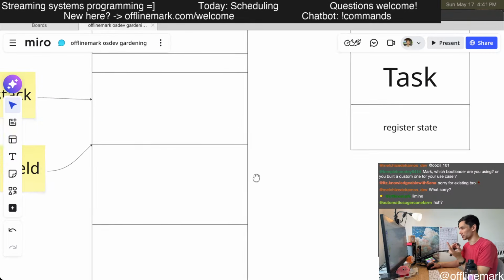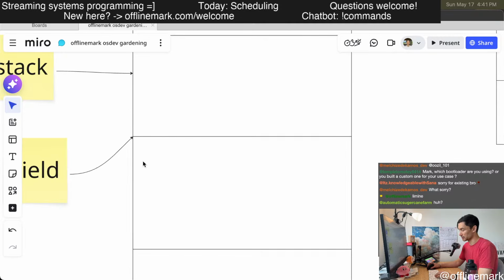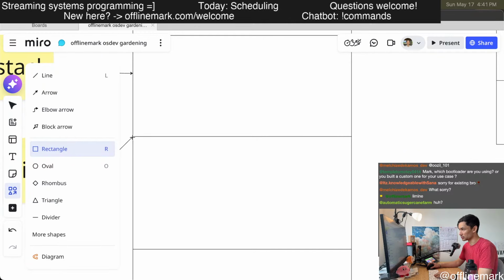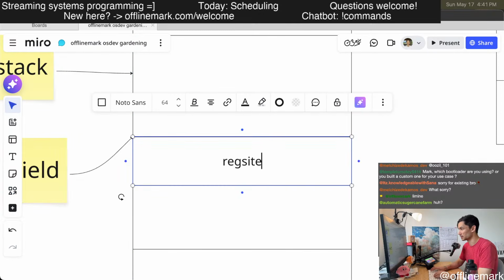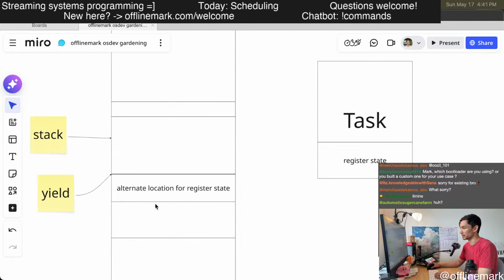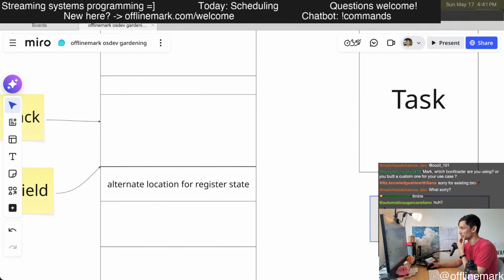Like I mentioned a bit earlier in the stream, there are some problems with doing it this way, and an alternative design is to actually push it right here. Alternate location for register state. With this new design, we would no longer store the register state over here.